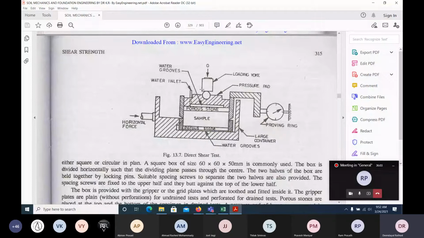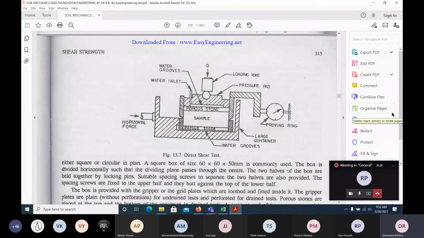Generally this shear test would be conducted on cohesionless soil, but we can go for cohesive soil also, and we can apply drainage conditions also, like fully wet or fully dry, but generally we go for dry conditions. When you wet the soil, it is observed that it won't give a good result. For wetting and such things, we have one more test, that is the triaxial test.